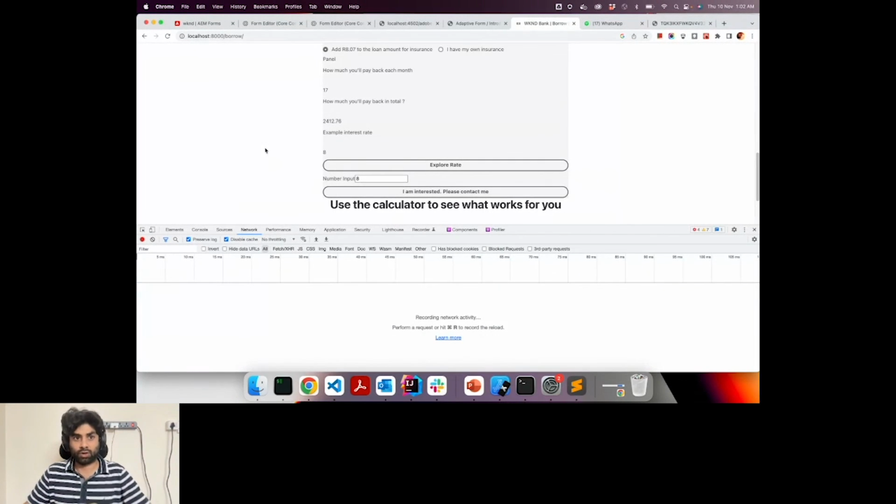So this is all from my side. This is how you can embed the form outside of AEM, into your React applications.